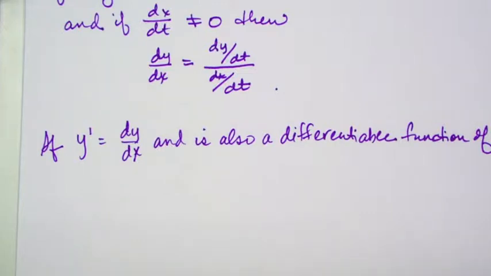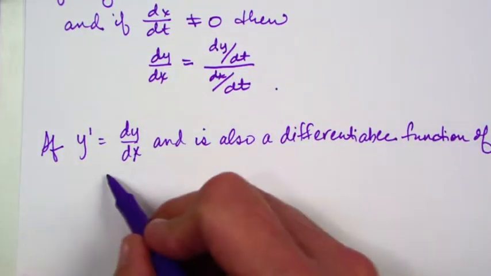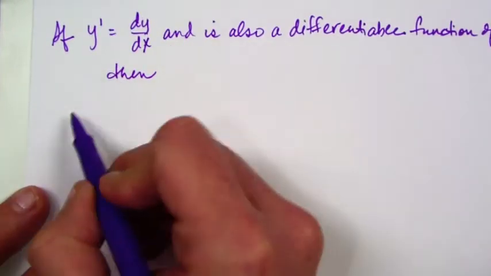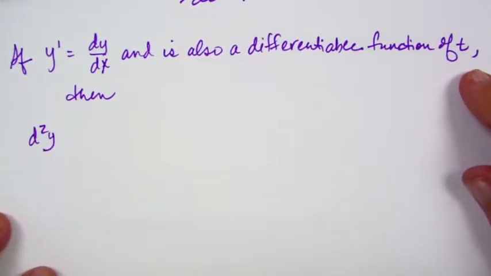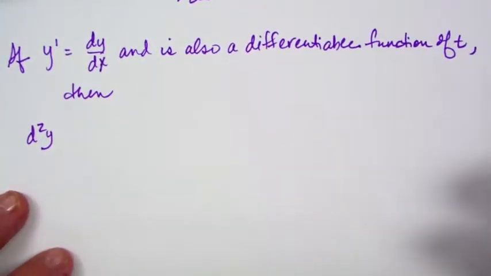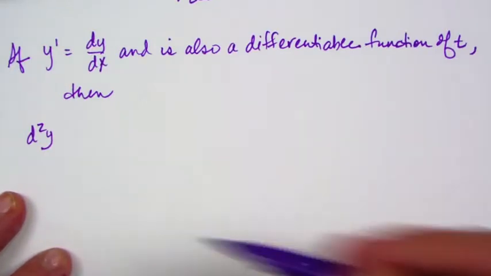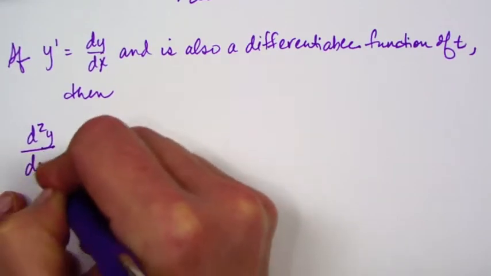Notice y prime is dy/dx, that's what we're calling it. Then, if y prime equals dy/dx and is also a differentiable function of t, then the second derivative